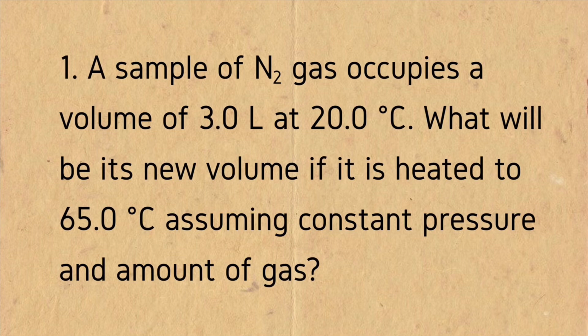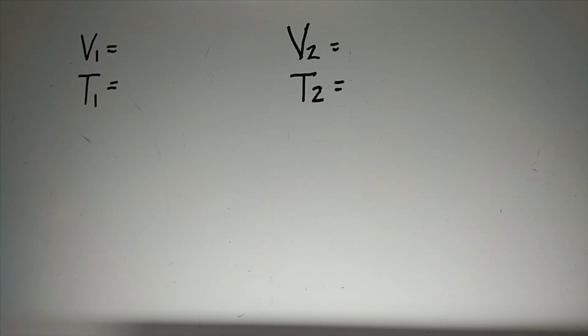Let us now apply the formula in solving problem number 1. A sample of nitrogen gas occupies a volume of 3.0 liters at 20.0 degrees Celsius. What will be its new volume if it is heated to 65 degrees Celsius, assuming that it is a constant pressure and amount of gas? To solve the problem, we are going to write all the information given by the problem. Start with condition 1. V1 will be